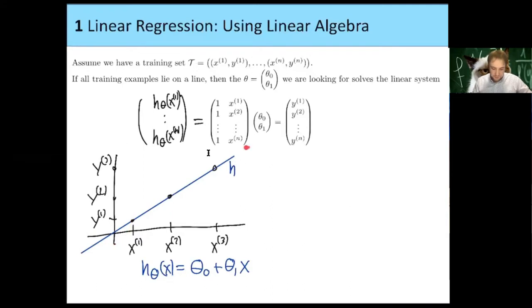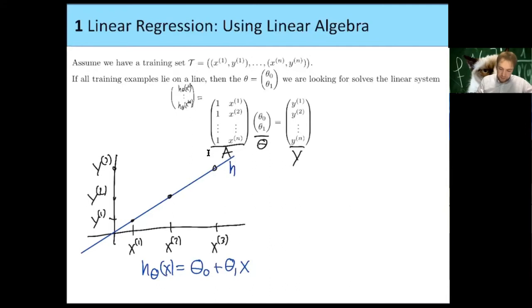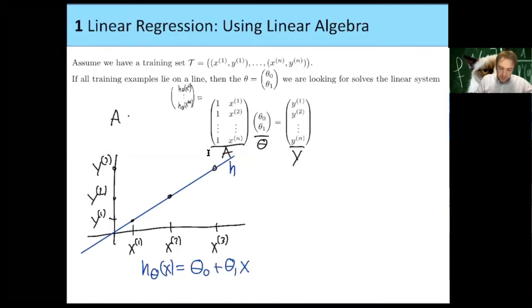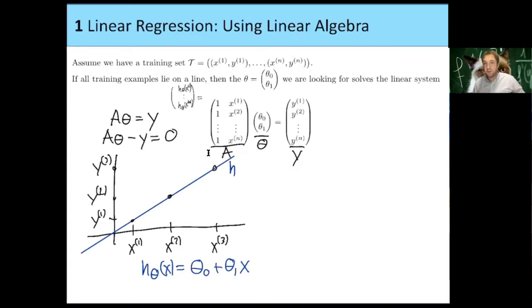But of course, this is not the case in reality. So this equation here, so maybe let me do this smaller, and let me call this here the matrix A, and this here the vector y, and this here the vector theta. So in this perfect world, we have this equation that A times theta equals y, or in other words, A theta minus y equals 0. But in reality,